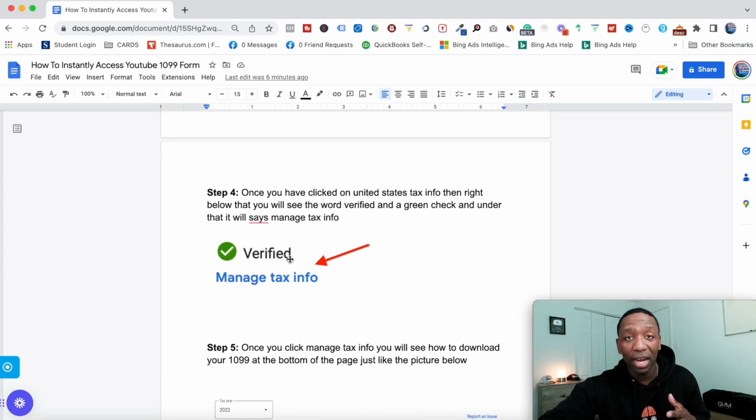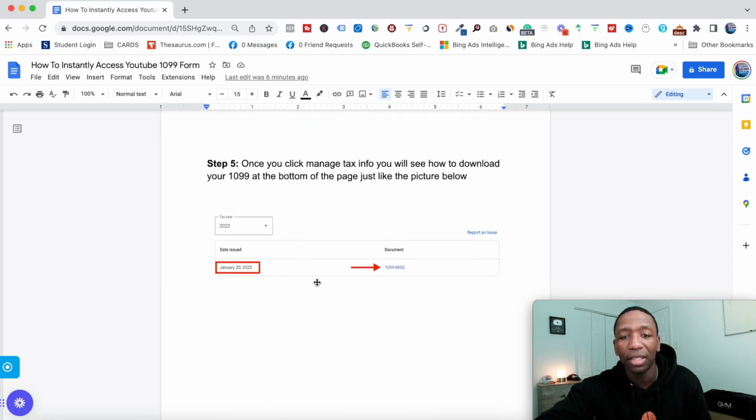Now, the verified is there because I set my stuff up ahead of time. If you have that right, then you're going to see this green check with the verify, and then all you want to do is hit manage tax info. Now, the next step is once you click that, it's going to bring you to another page,